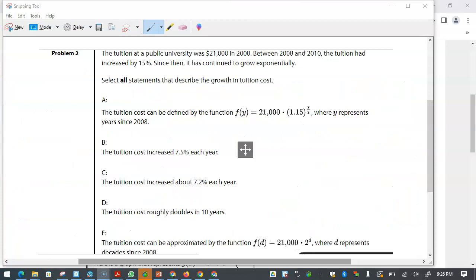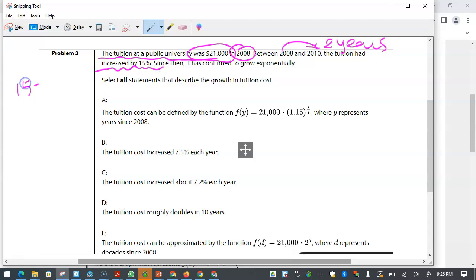Okay, the next, second question is a tuition fee at the public universities. This is in the year 2008. And from 2008, there are 2 years, so it increases by not 1 but 2 years. It increased by a percent increase of 15%. So 15% is 0.15. So the B that is going to be here, for 2 years, will be